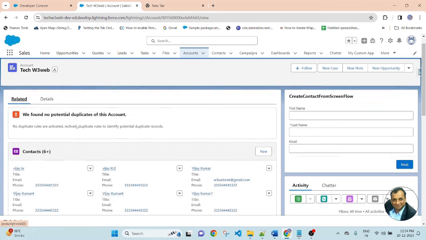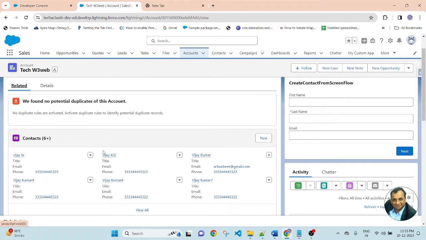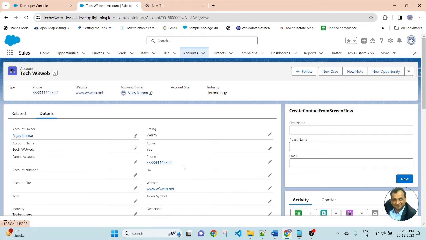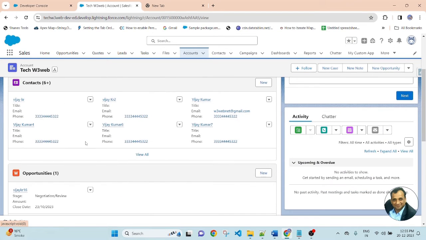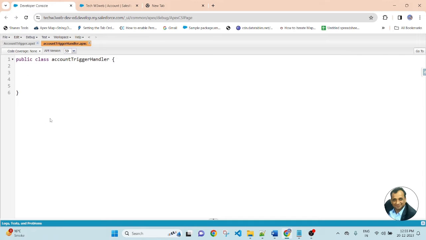So if I am updating the phone number of the account, it will be automatically updated on the related contacts' phone numbers through the Apex Class trigger. Now let me go back to the developer console.